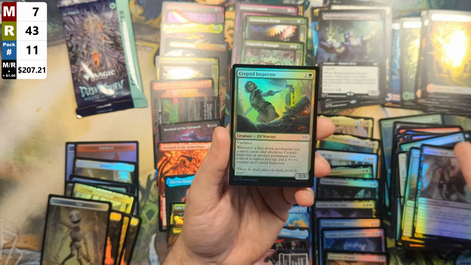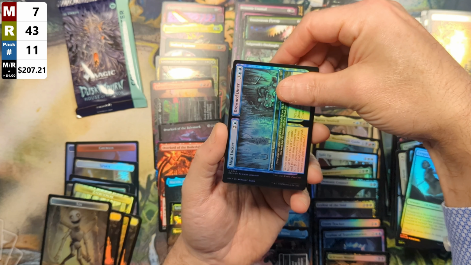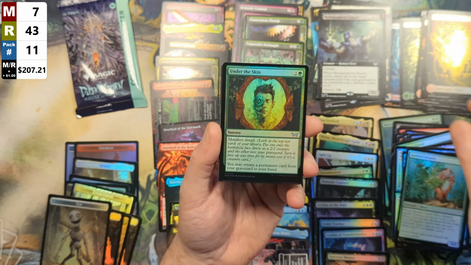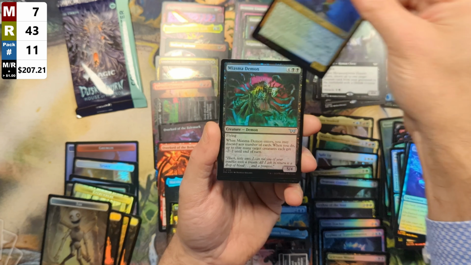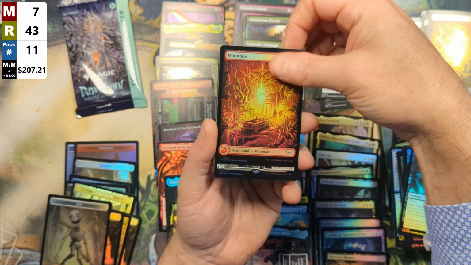So we've got a Cracked Skull with a Cryptid Inspector. Then we're going to see a Meat Locker and a Drowned Diner with a Daggermaw Megalodon, Bashful Beastie, Under the Skin, followed by Duskmourn's Domination, Oblivious Bookworm, Miasma Demon with Full Art Mountain. And our main set rare is going